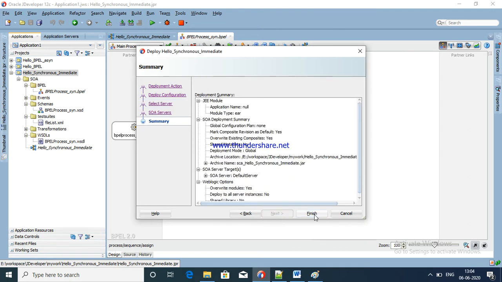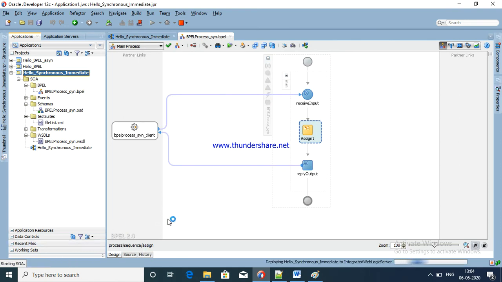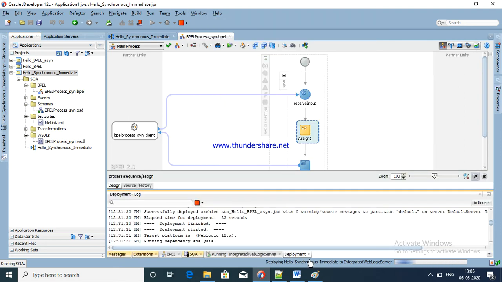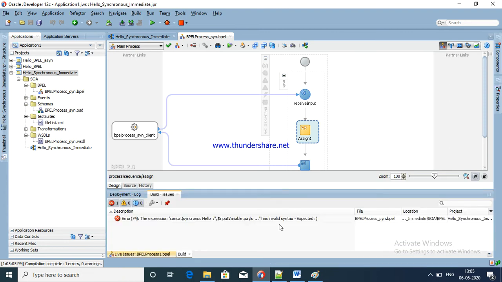Now see here, finish. Now where is the log? Go to Window, see here, log. Okay, here it is deployed, going to deploy.